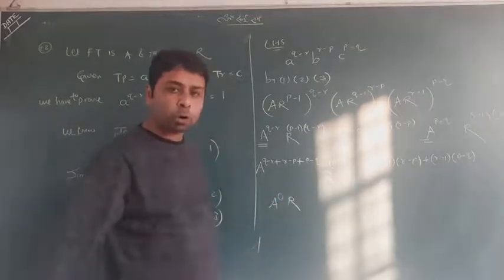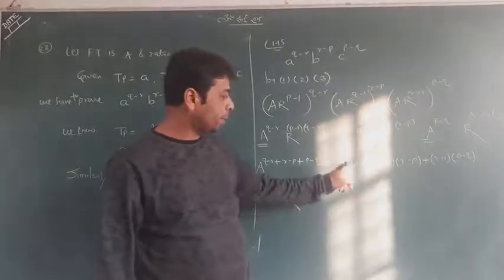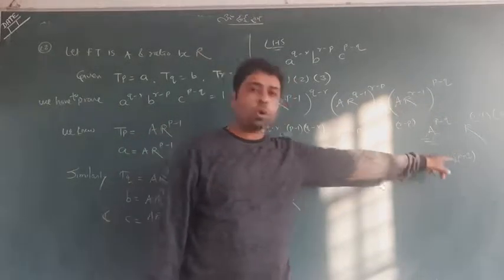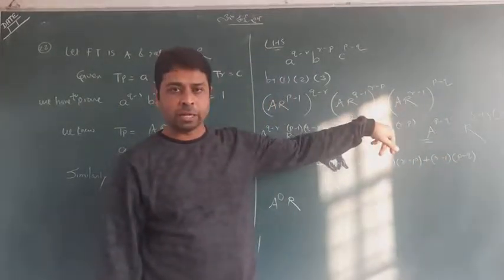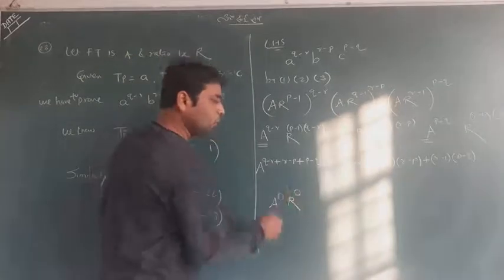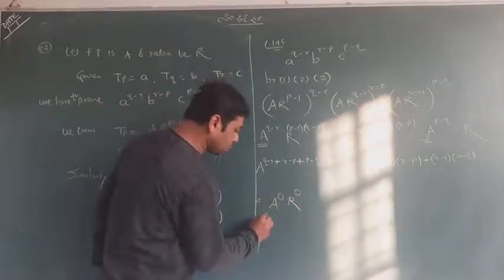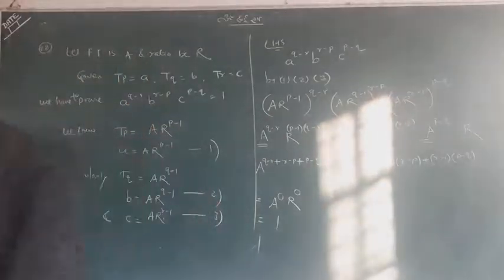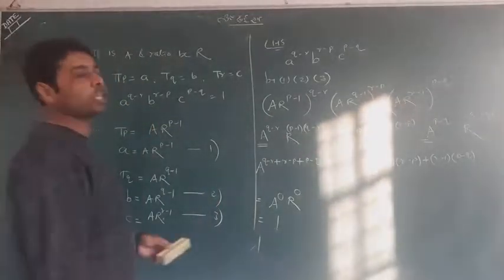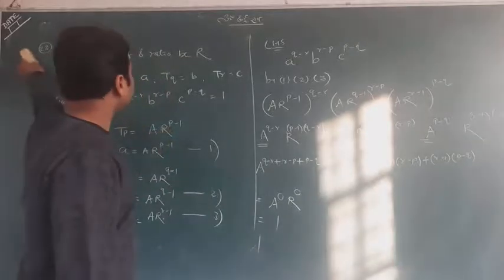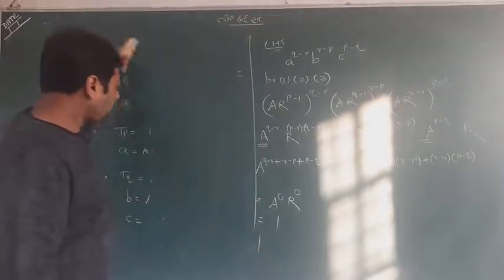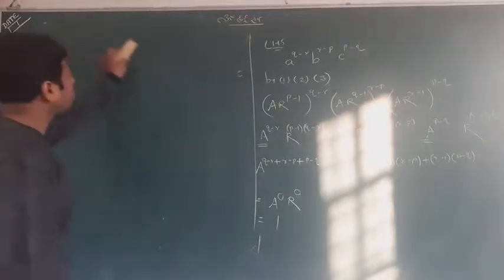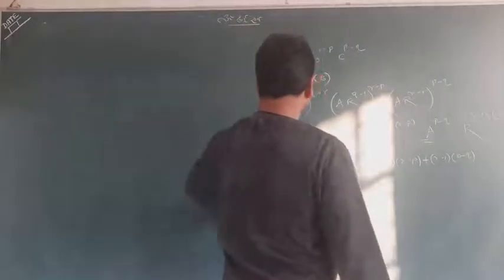And one thing which I am not doing is that when you multiply these two and these two, all terms will cancel automatically. So R to the power 0 will remain. And you know that any number to the power 0 is 1. So that's the right hand side. You know, it's a simple question. Even though it is a bit long, it is a very simple question. Okay, let me end this question. Hope you have got it. We will take some more questions of the exercise.